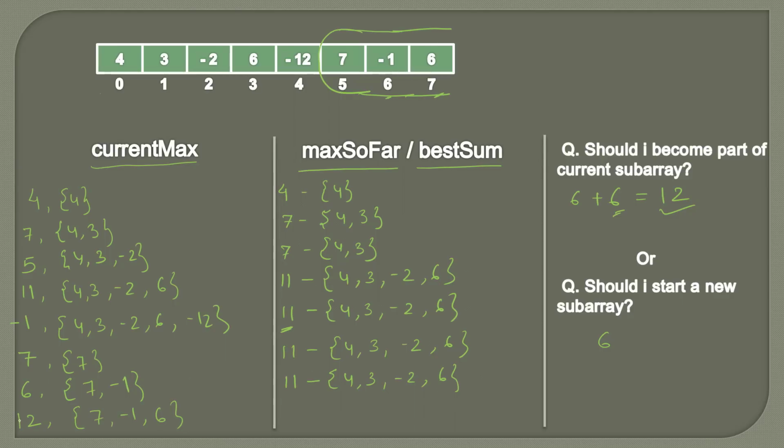And now here you can see 12 is actually greater than the max sum so far. So max so far will see that okay, I need to now discard this because we have found one more subarray whose sum is actually maximum from the current max so far, which is 12, formed by 7, -1 and 6. And here there are no more elements left. So the answer would be our max so far, which is 12. So this will get written.